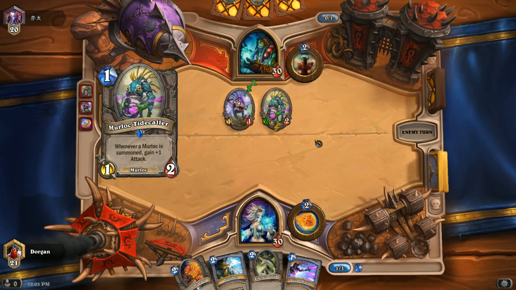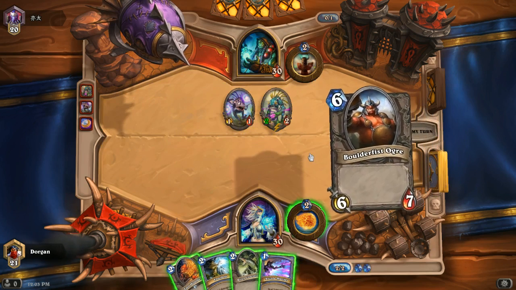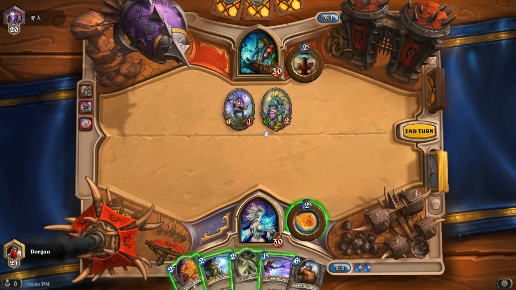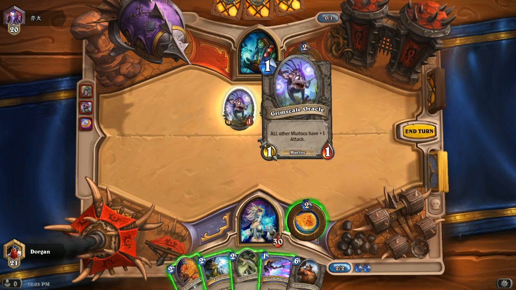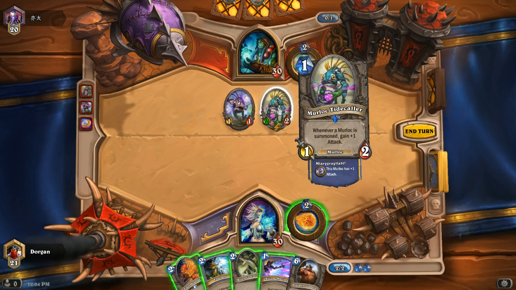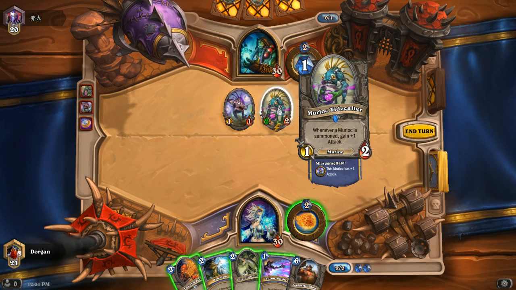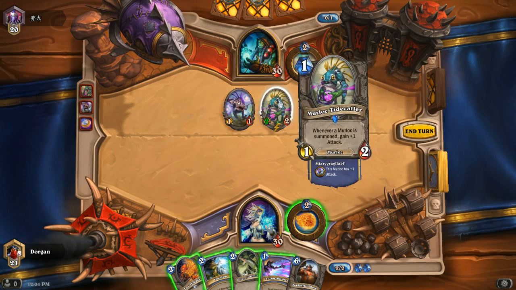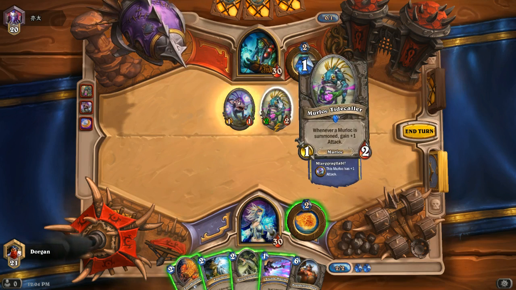Oh! Something like this. This was actually a misplay on his side. I wonder. Because if he played the Tidecaller first, he would have gained an attack and would have 2 attack. And from the other Murloc he would gain another attack, so this would be a 3-2 now. Which is quite scary at the first turn. But he didn't, so I think...